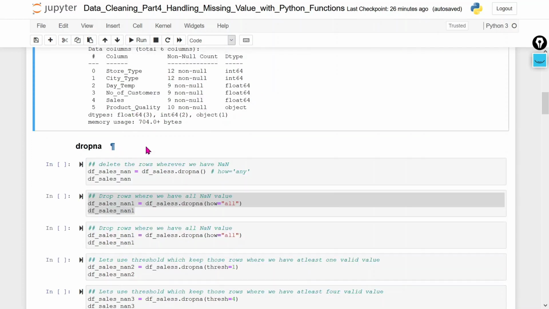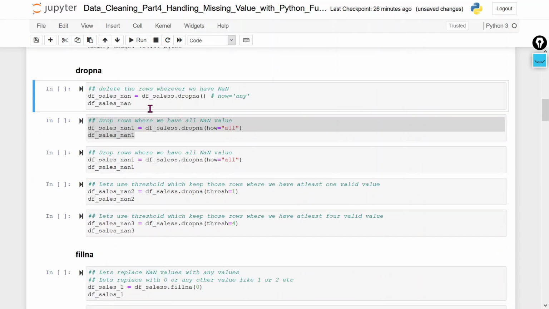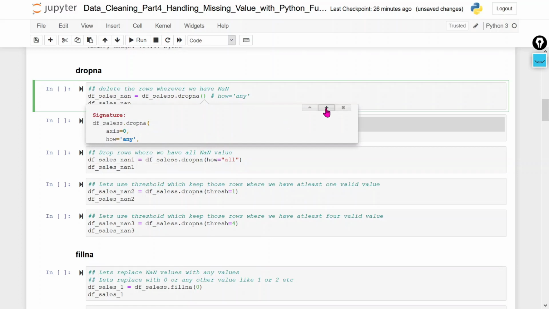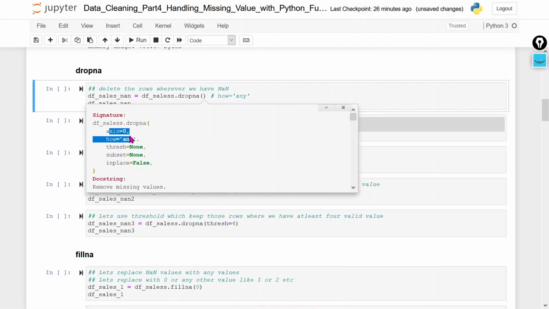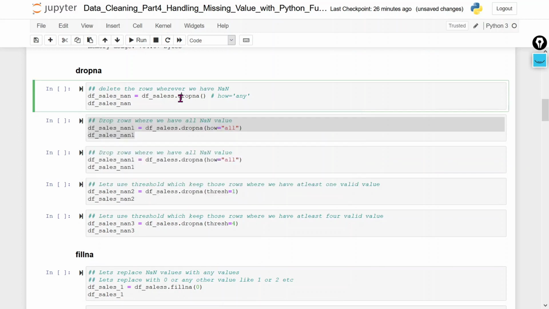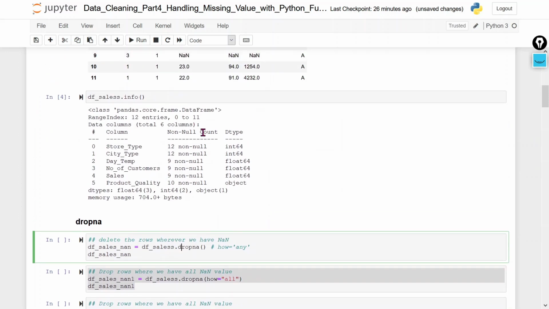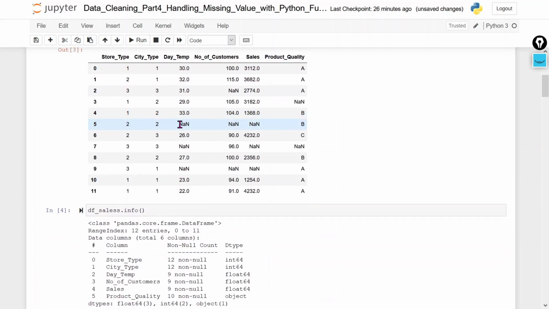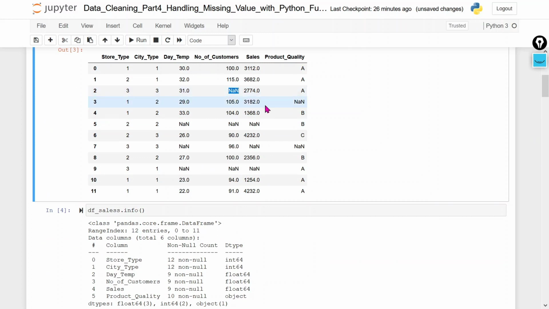First we are going to use the dropna function. Here I am going to use dropna with all the default values. You can see what the default values are: axis is equal to 0, how is equal to any. Any means it will drop all those NaN or null values which exist in this dataset. It means it will delete all those NaN values, and row wise, if a row has any NaN value, then that row will be deleted.